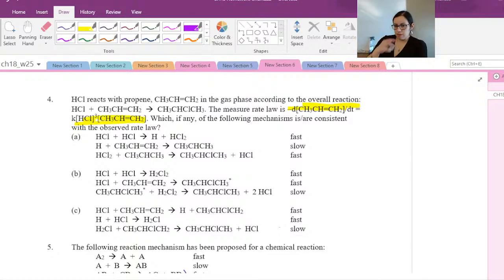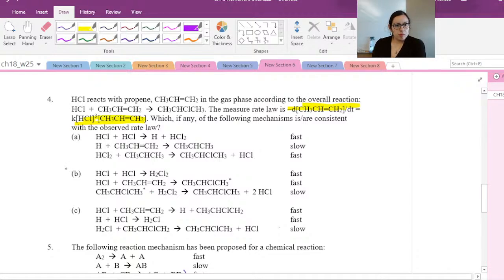So what are we thinking? I think it's B because in the slow step, they're both intermediates and the products for those intermediates are the 3 HCl, CH3, CH2. I like it. There are different ways to reach this conclusion of B. What I'd probably do is first start looking at A.